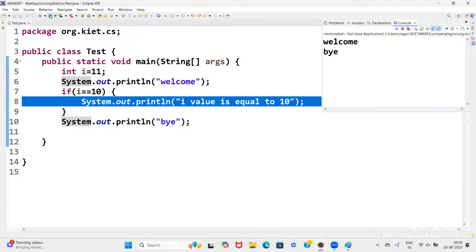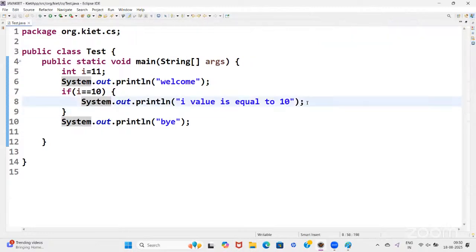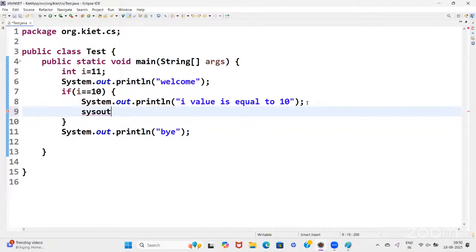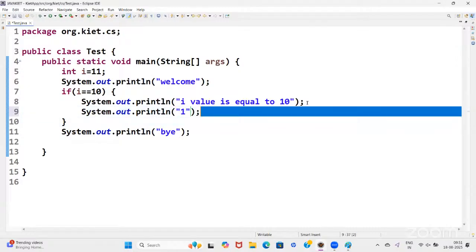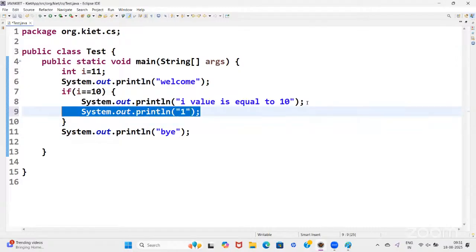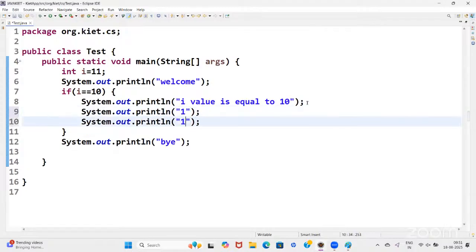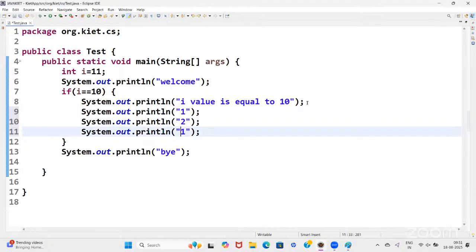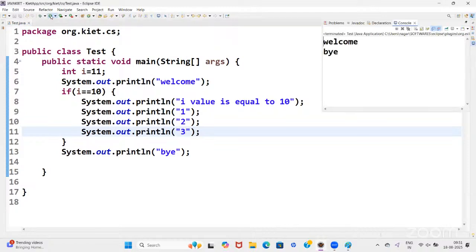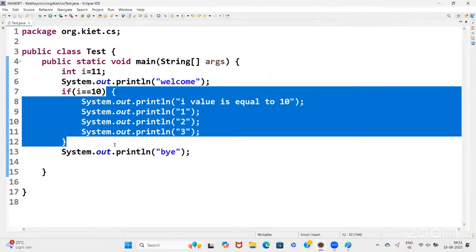So welcome and bye. Suppose let us assume it may contain any number of statements, like first statement, second statement, third statement, like that. You can write any number of statements within a single condition. So we call it a block. All the statements from this block will be eliminated